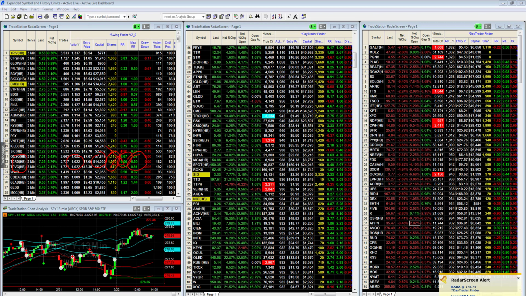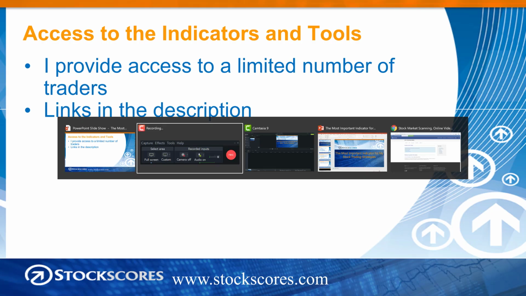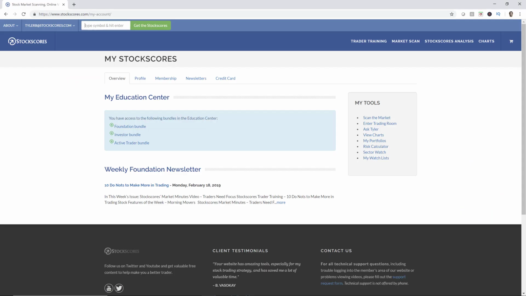When you're short-term trading, you can typically margin either 2 to 1 or 3 to 1, which means you're borrowing capital from your broker. We use really disciplined risk management and sizing of positions so that you are using that margin responsibly. And I want to stress, no one should use margin unless they have their risk management well figured out. All right, so let's move along now to the Stock Scores Market Scan tool,